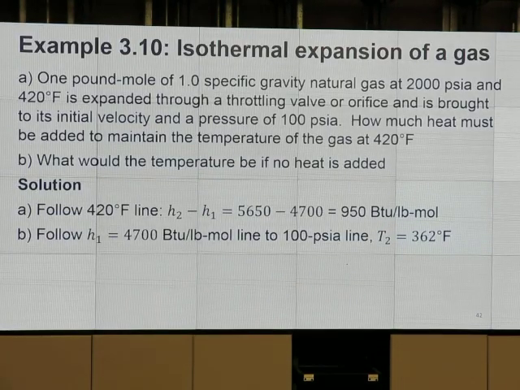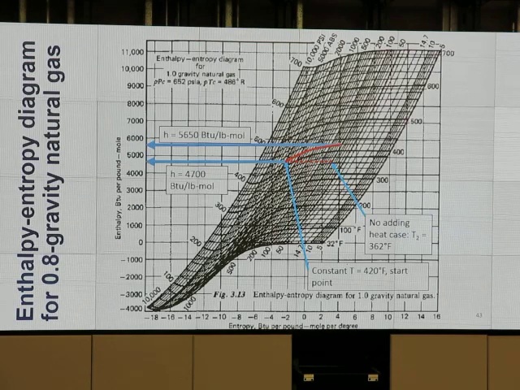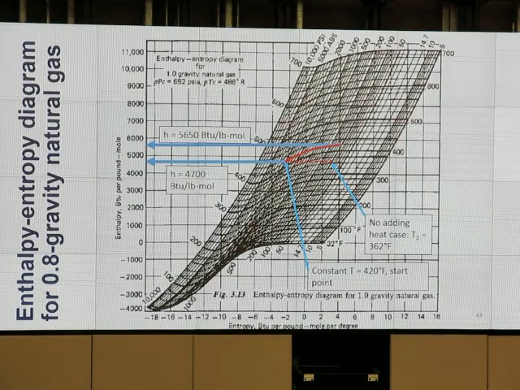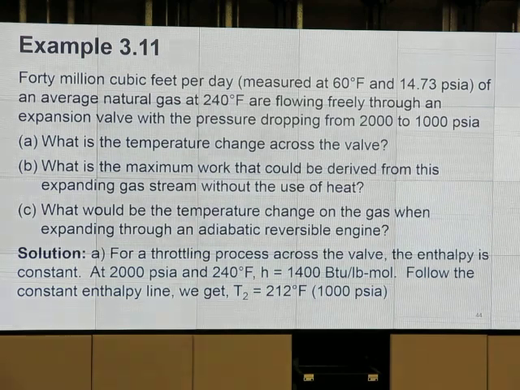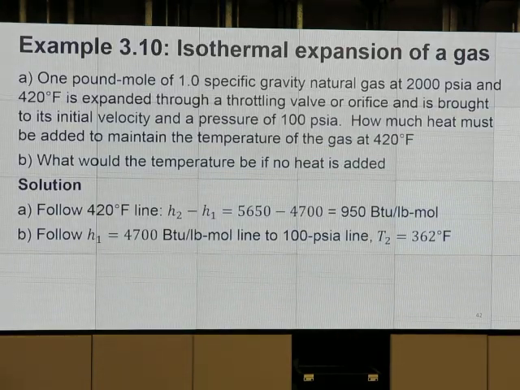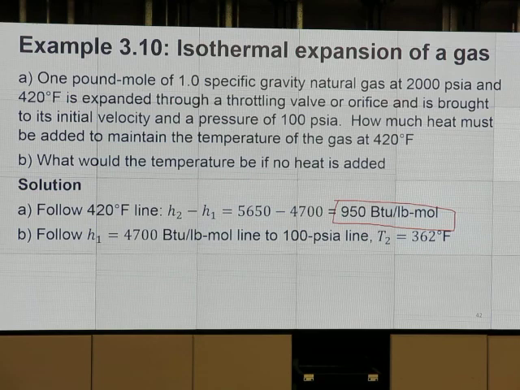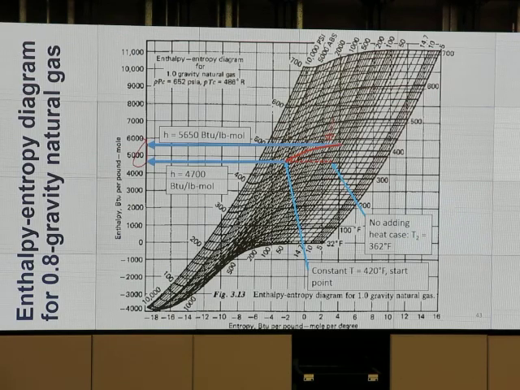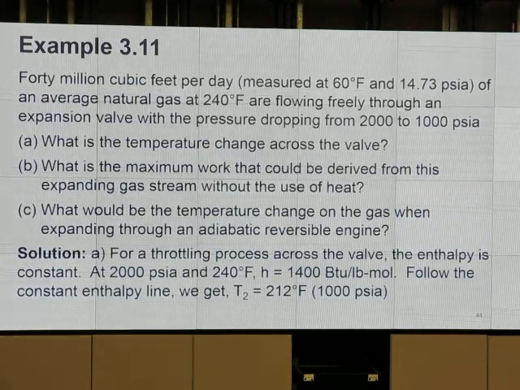Isothermal expansion. For isothermal expansion, we move through the red line, the constant temperature line. Okay, we get the difference in enthalpy. Then we can do the calculation of how many BTU per pound mole has changed. Okay, read it more, and we will quiz you later or test you later. And 3.11,